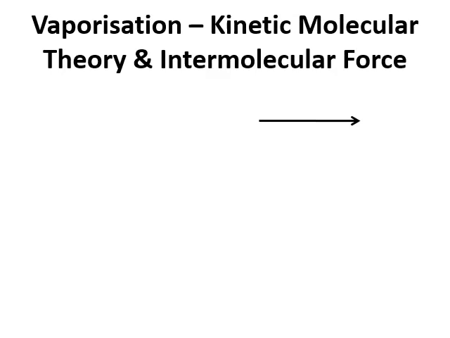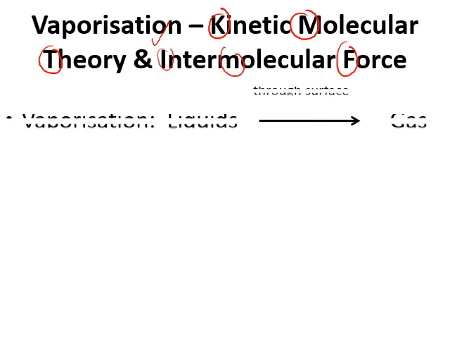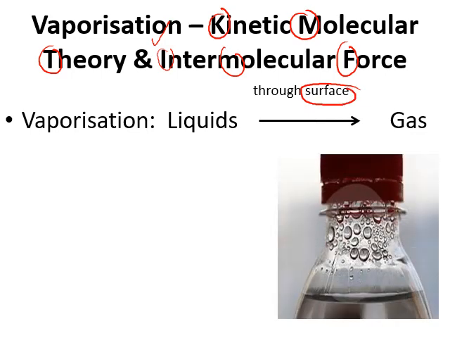Now, we are going to discuss the vaporization process through the kinetic molecular theory and then also relate it with the intermolecular force. So basically, the change of physical state from liquid to gas only involves the liquid on the surface. This is the part that we might see when the liquid tries to escape and become gas, but when it is unsuccessful, it will form back the water droplets. So unsuccessful means that the gases convert back to liquid through the condensation process.